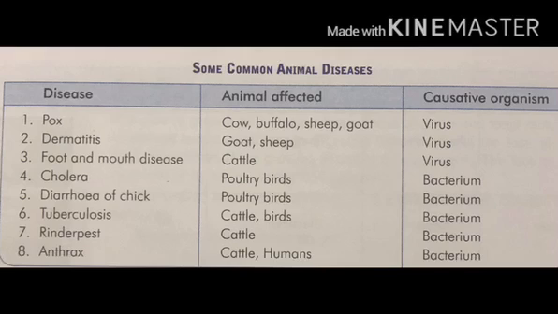Symptoms of foot and mouth disease. Animals suffering from foot and mouth disease show the following symptoms: excessive salivation, and reddish granules around the foot and the mouth of the cattle. Prevention of the disease in animals. Diseases in animals can be prevented by following the suggestions given below: proper sanitation, diet control, proper rest, use of veterinary service for diagnosis and treating the disease, and vaccination.